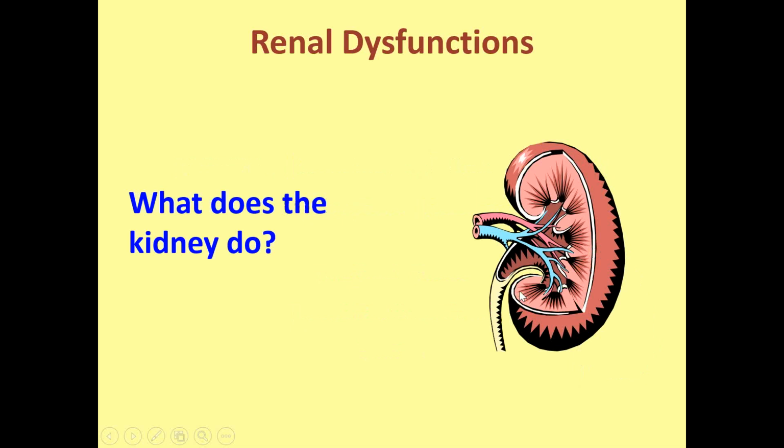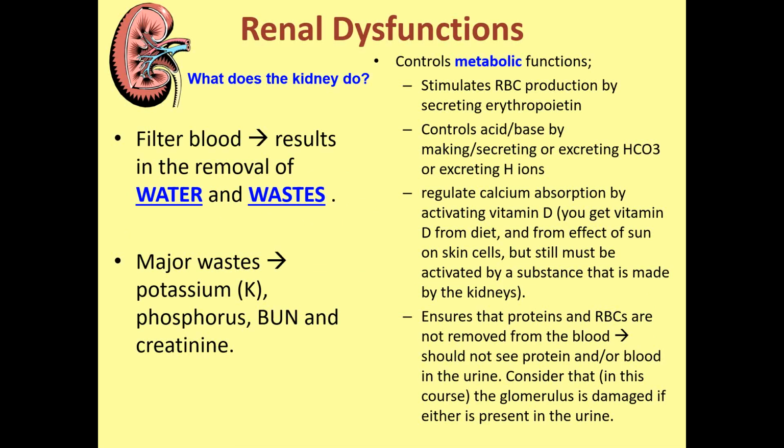This is part one. We're going to begin with what does the kidney do? Well, the kidney filters blood, and that filtration results in the removal of water and waste. And when we think about waste in this course, we really think about major waste, and that's potassium, phosphorus, blood urea nitrogen, and creatinine. Now, the kidney has other jobs, such as metabolic functions, and what I mean by this